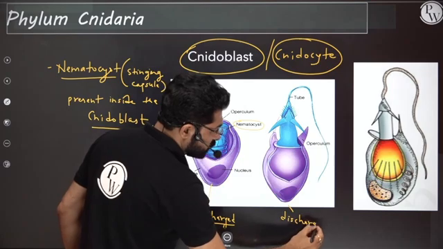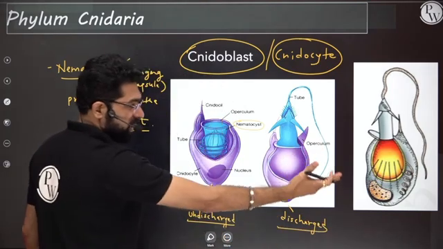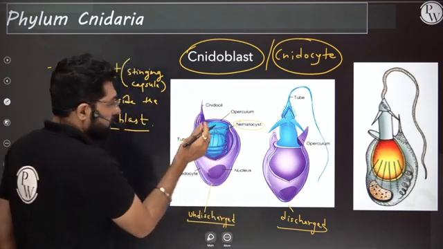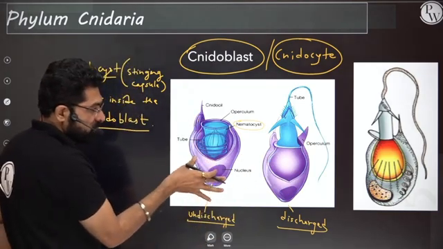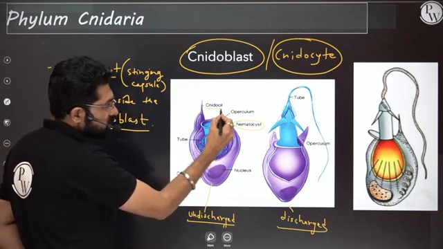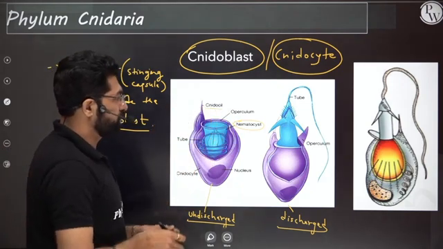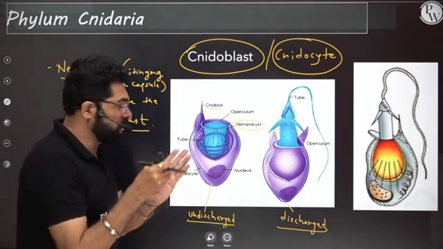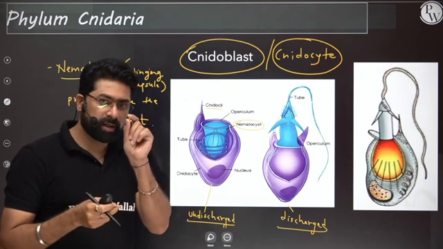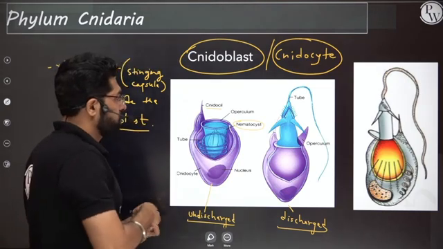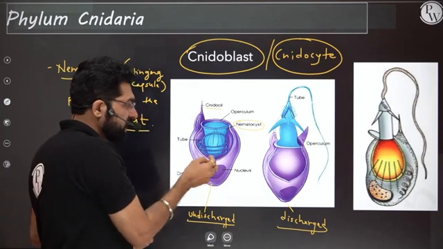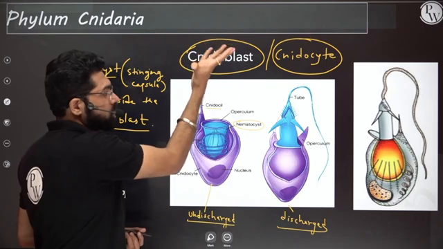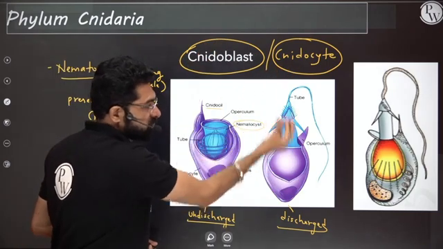So what is happening here, you see, this is an NCERT diagram that also is shown to you so that you can understand a little bit. Here you see this is the undischarged state. This has a structure called cnidocil. So cnidocil is a trigger. Suppose the prey is coming near the body, so what will happen? This cnidocil will be triggered and this will cause the passing of the signal inside, and the structure inside the nematocyst will come out, ooze out, bursting like this,